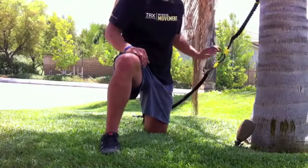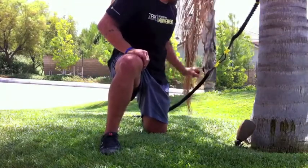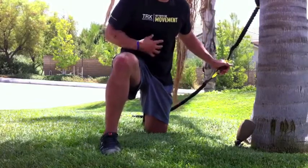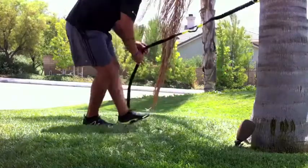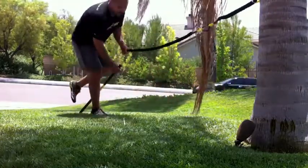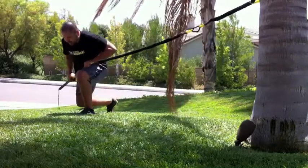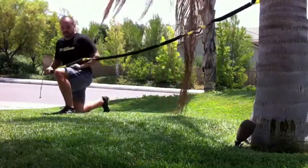So let me just show you real quick. Basic movement that we do a lot. A lot of stabilization and a lot of great rotation on the core. So like I said, it's a little bit high to low. Take that outside knee, I'm going to put it down. Now, with the rip,